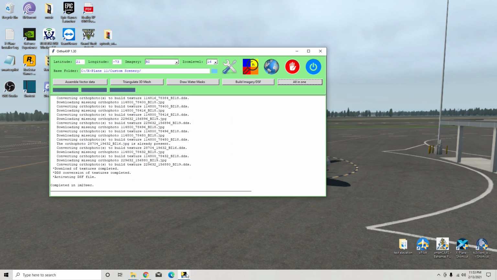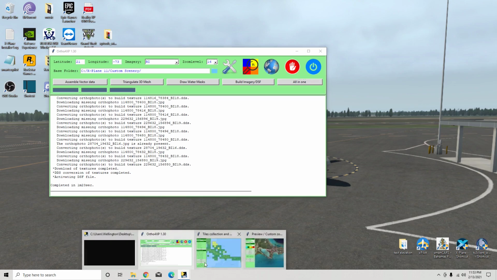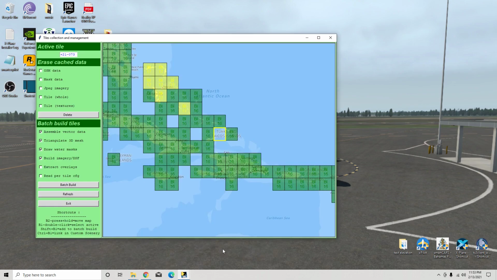So what we're going to do now is go back to the globe. Now remember, you already have it open, so if you click this, it's not going to do anything new. So you just go back to the globe. Okay. All right, and you're going to press Shift, and you're going to left click in the area where you